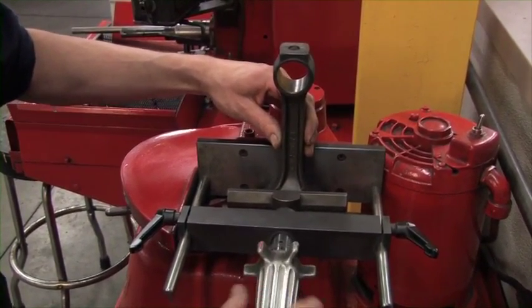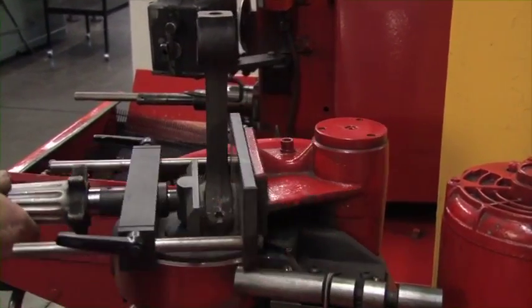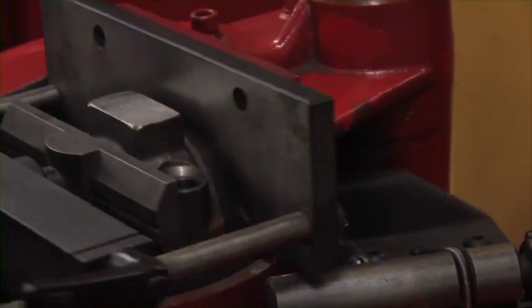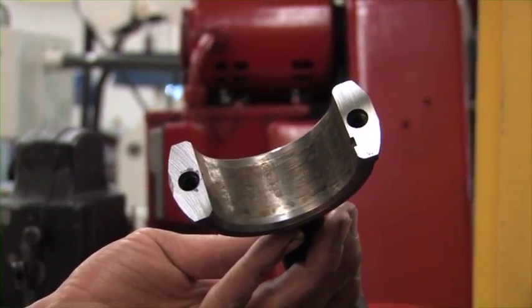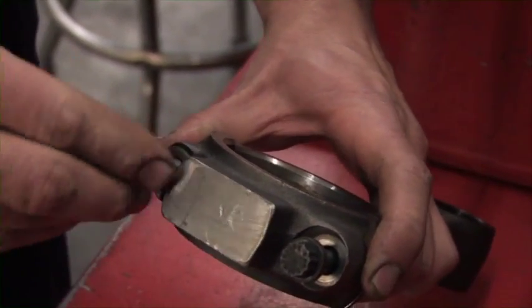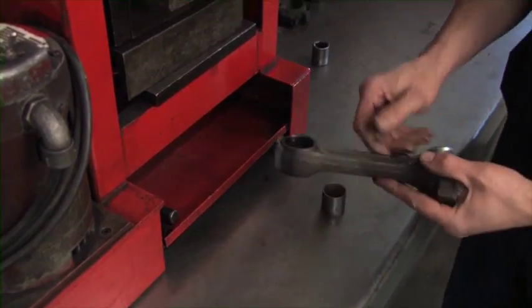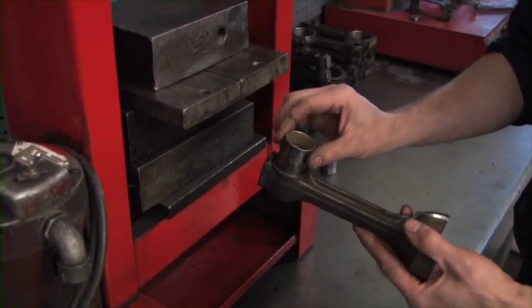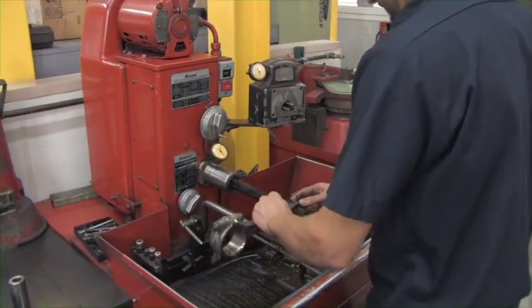The process for lower end reconditioning begins with removal of metal from the connecting rod and connecting rod cap. This process reduces the overall dimension of the rod. The connecting rod is then brought back to the original size by enlarging the bore on the Sunnen honing machine. The upper end is reconditioned by removing the bushing, installing a new bushing, and honing the bushing back to